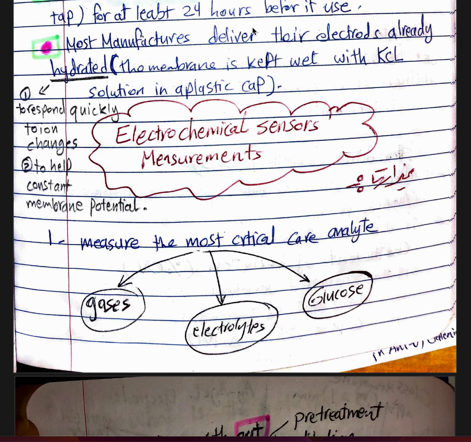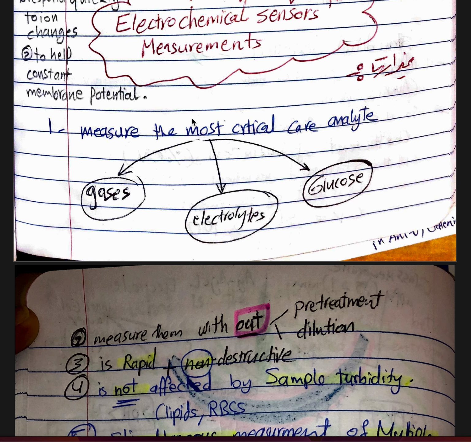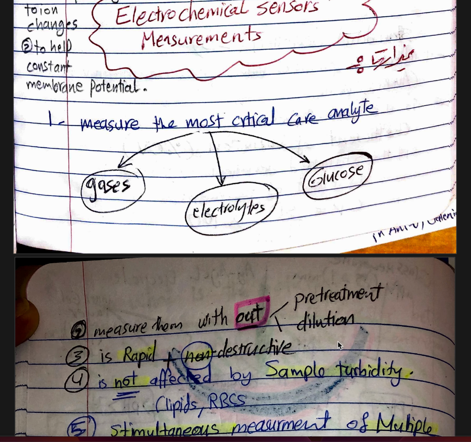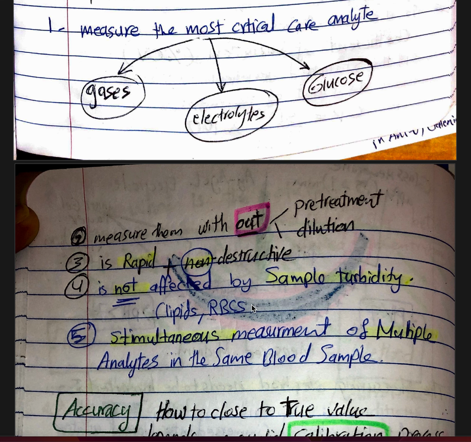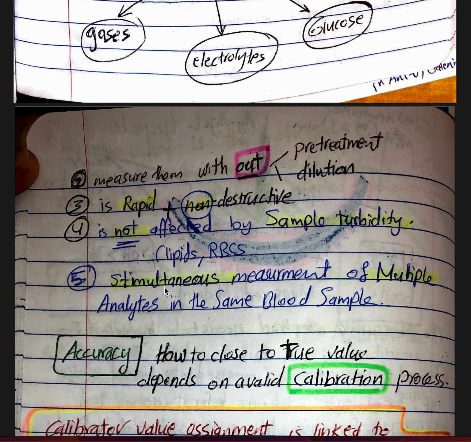Here we can say we have to hydrate it, we have to do something, but in the electrochemical measurement we don't have to make a dilution, we don't have to make any pre-treatment. It's rapid, non-destructive, and it's not affected by the sample turbidity. So if there is a lipid, or RBCs, or something, it is not affected by it. Simultaneous measurement of multiple analytes in the same blood sample,